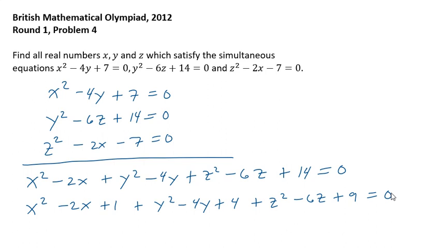Note that we can actually derive the same thing by adding 1, 4, and 9 and then subtracting the same numbers at the end. Now, these trinomials can be written into